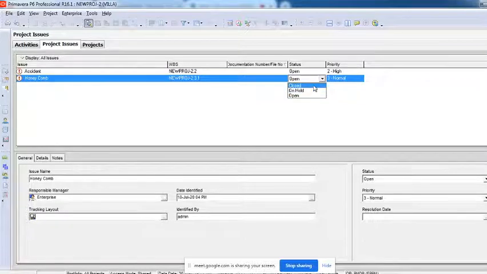Alright, so ensure that one of these two things is there. But anyway, right now this project issue is just open. We have just identified there are honeycombs, and the status is open.